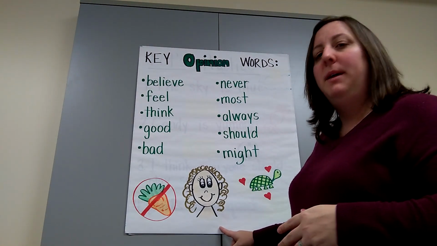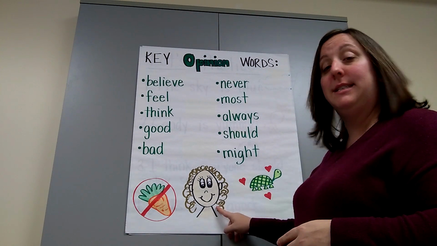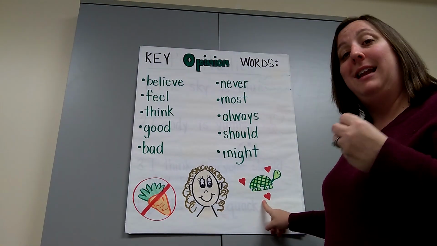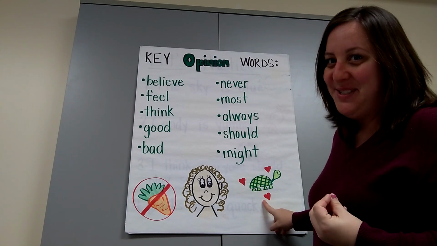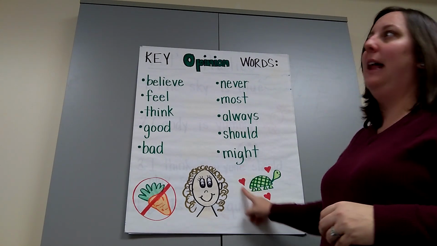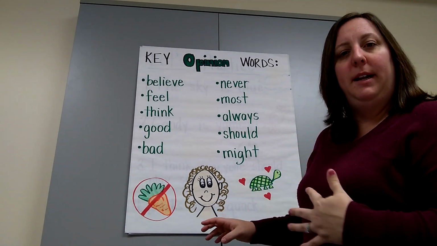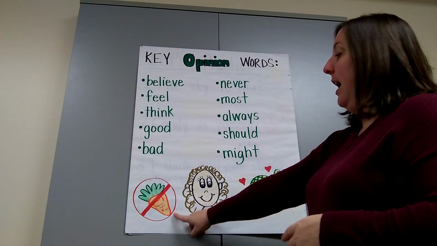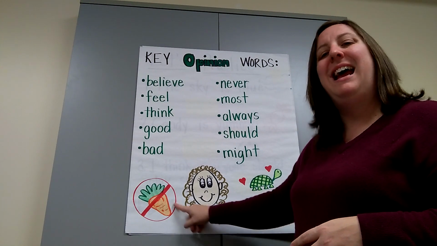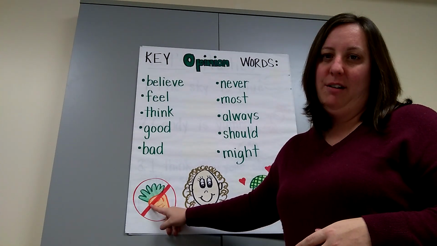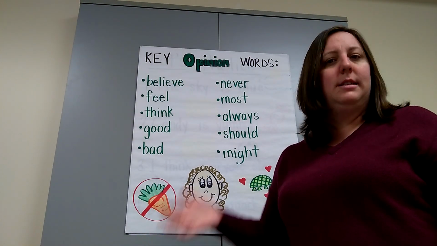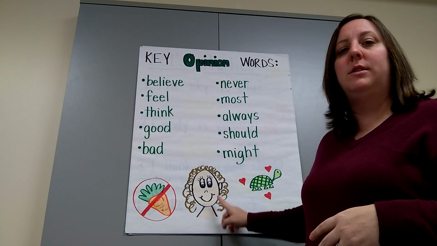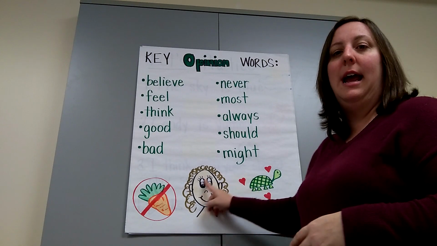If you look down here at my picture, I have myself, then I have two pictures, one of which is something that I like. We all know that that's turtles, boys and girls, and I love turtles, but that is my opinion about turtles. Not everybody likes turtles. The other picture I have is of carrots, and I don't particularly like carrots. Some people like carrots, but I don't. These are my personal beliefs and personal opinions about turtles and carrots.